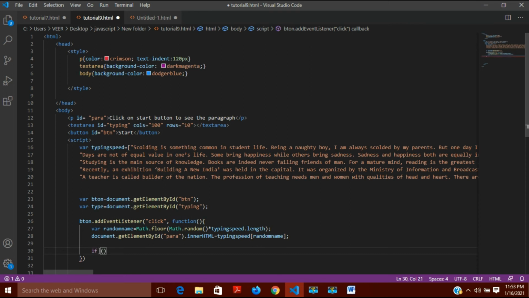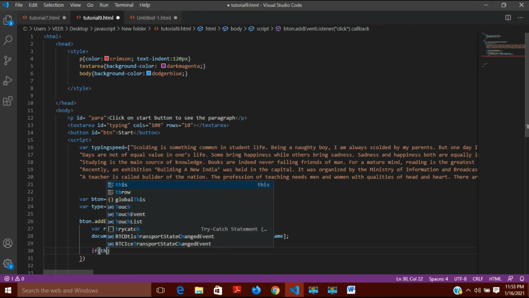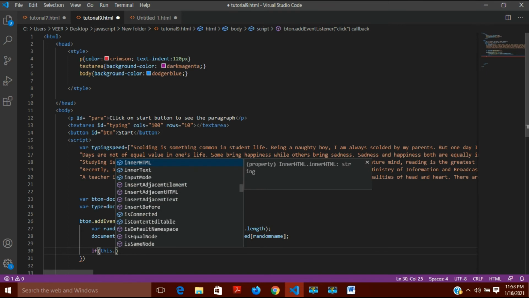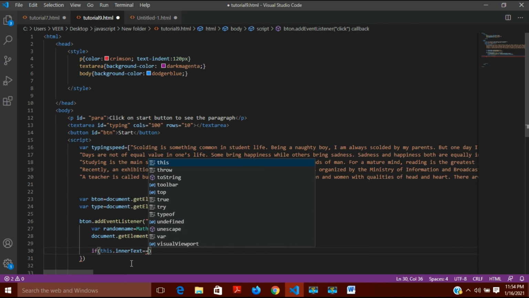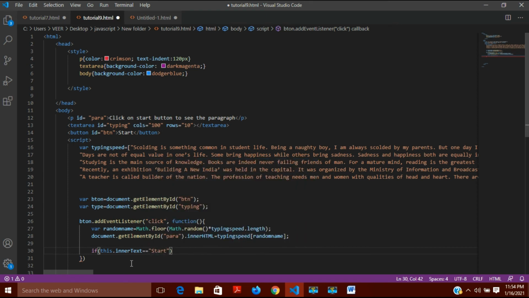If, then I will put brackets, and here I will use this dot inner text is equal to start, then what should happen?